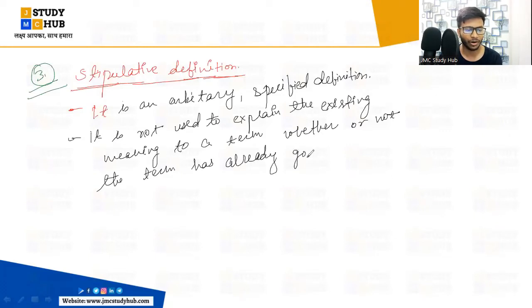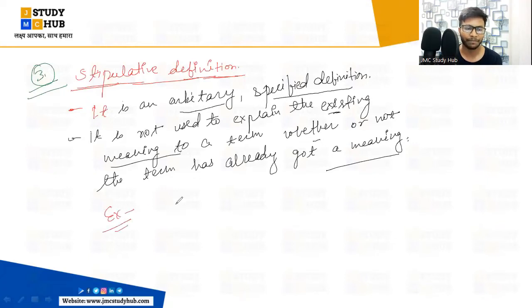Term has already got a meaning. Okay, here, it is an arbitrary specified definition. It is not used to explain the existing meaning of a term, whether or not the term has already got a meaning, right? So for example, ये existing meaning को explain नहीं करते, उसके लिए use नहीं किया जाता. Like for an example, you will understand better that if I say that here